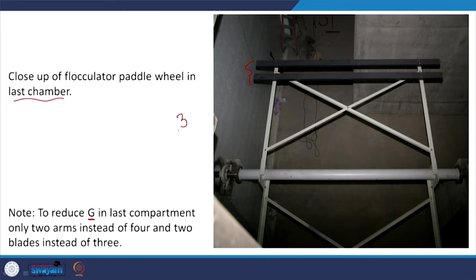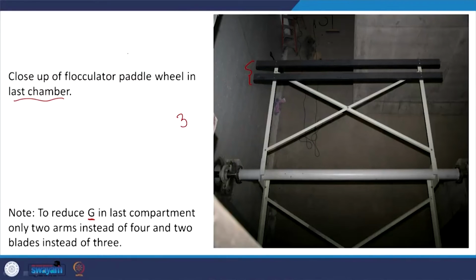And in general, you are going to have multiple compartments, as in it's not going to be only one compartment with uniform level of mixing. So initially a relatively higher G, maybe 50, and then maybe 30 and then maybe 15. So this is how it's going to go. So that's why here they are saying that in the last compartment they have less